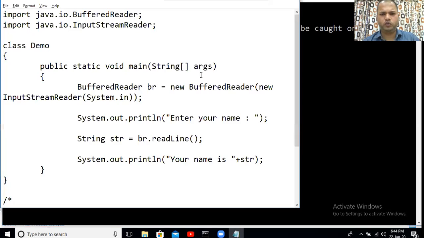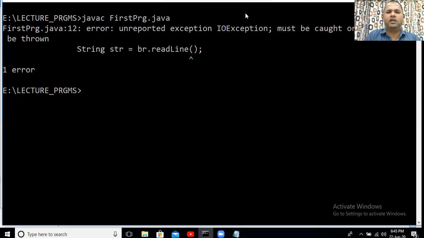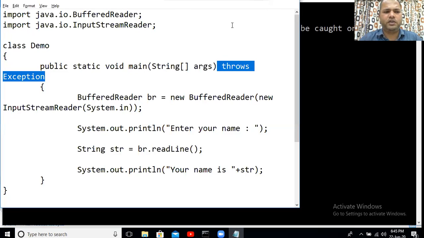In order to do so, I had written this particular part here, throws Exception. Now you might say, sir, the error is being displayed for IOException, and you are saying throws Exception here. So how does the Exception word handle IOException here? See, I had written throws Exception so that with minimum code you would be able to avoid the error here. That's why I had said this. But if you want, you can always write IOException here.